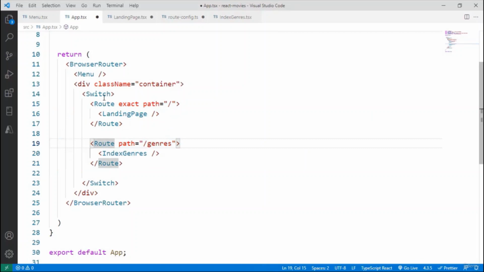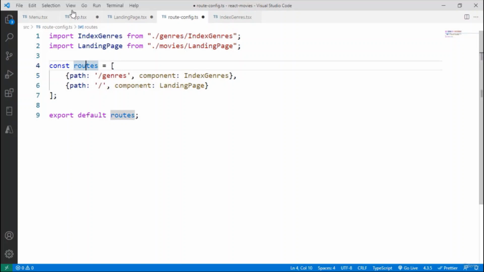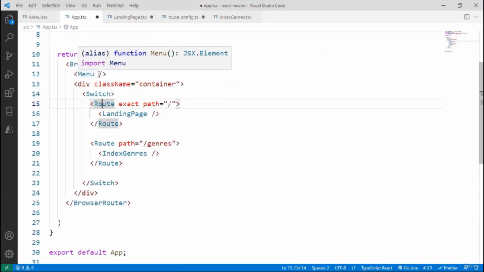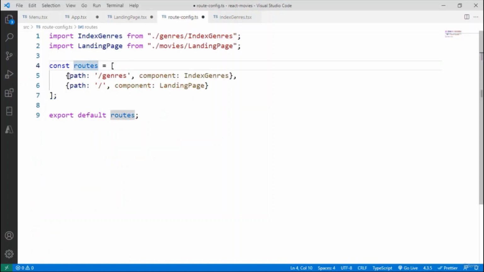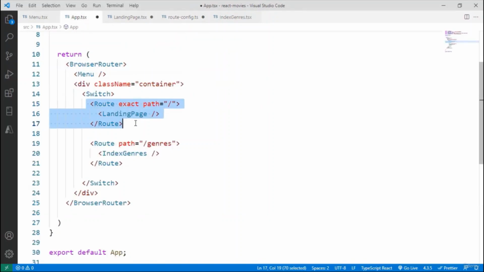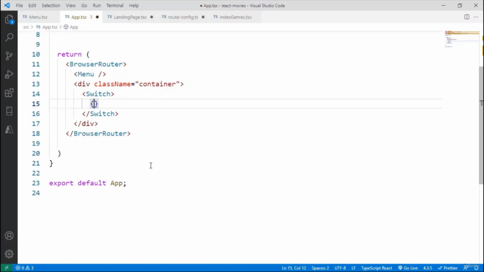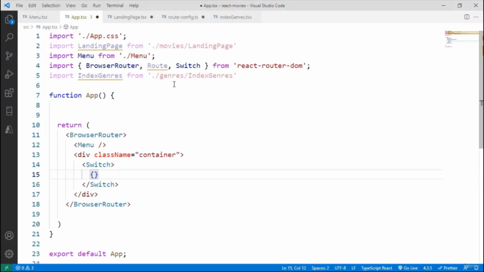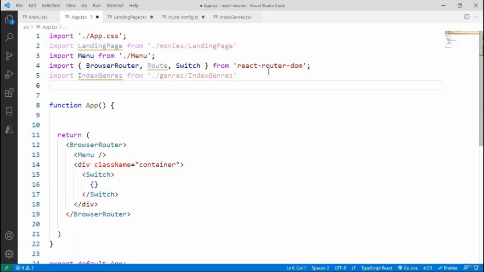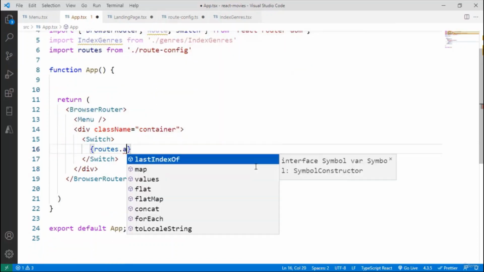So as you can see, we have two routes, right? And I want to generate a Route component for each route that I have in this array. What do we have to do for that? Well, we have to do a transformation to transform this to this. And how do we do that? Well, by using the map function. So let me remove this from here, and in here I will use an expression, and let me say here I want to import routes from routeconfig. So let's say here import routes from routeconfig, and now let's come here and let's say routes.map